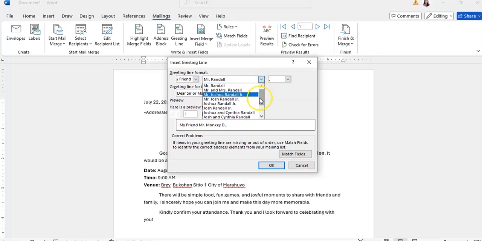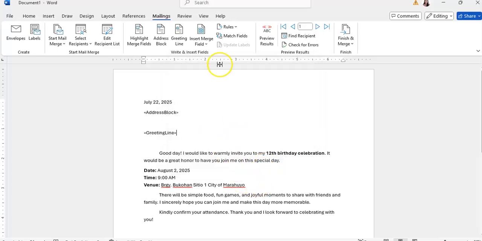And gusto ko yung format na lang. Okay, so down here, you will see the preview. Siyempre, you can choose punctuation. Okay, click OK.